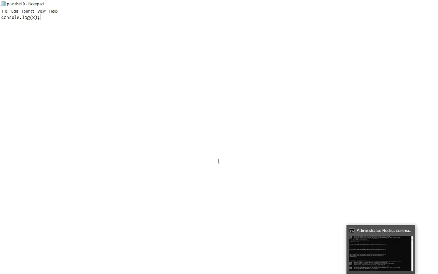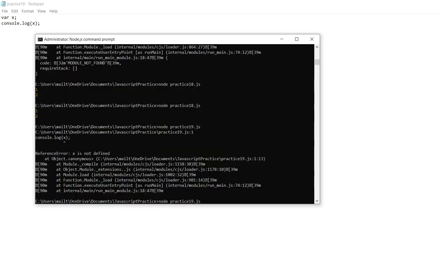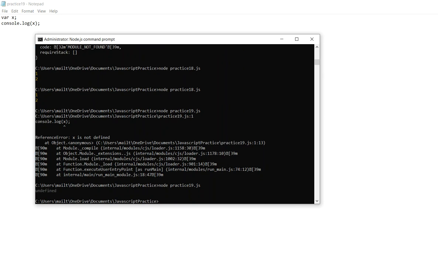So essentially what is happening over here is that whenever we refer to X, okay, now let's try to do one more thing. Okay, now let's see. What does this come? It is undefined. So now